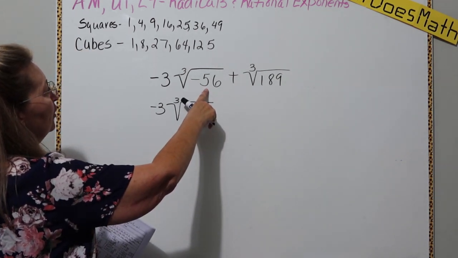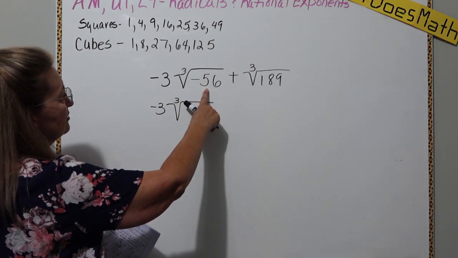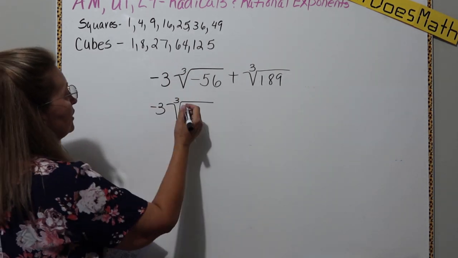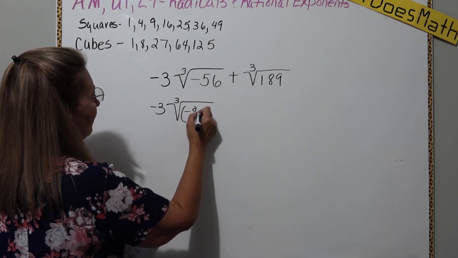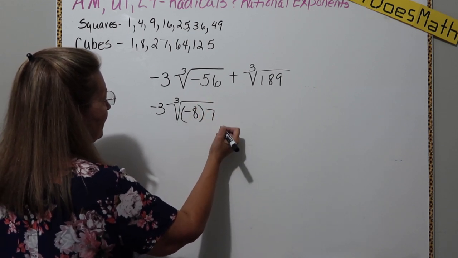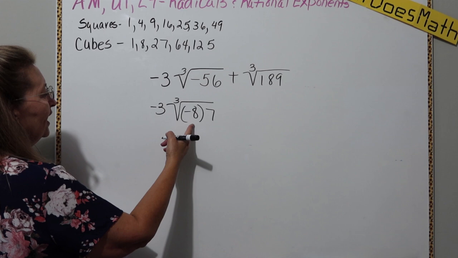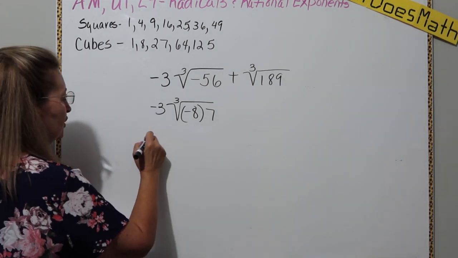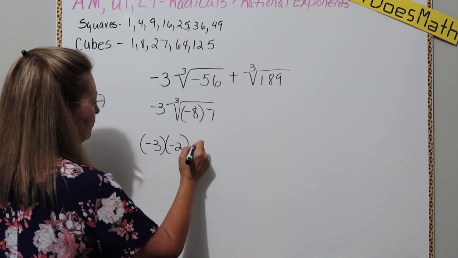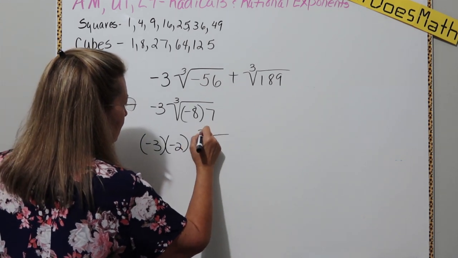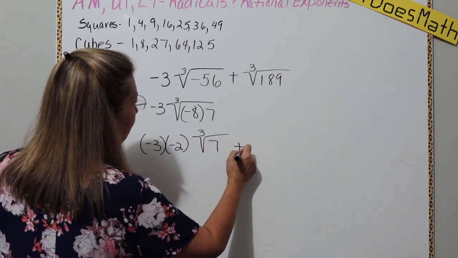perfect cube that will go into 56? How about 8? So we can rewrite this as negative 8 times 7. Now what's the cube root of negative 8? Negative 2. So we're going to have negative 3 times negative 2 times the cube root of 7 plus, alright,